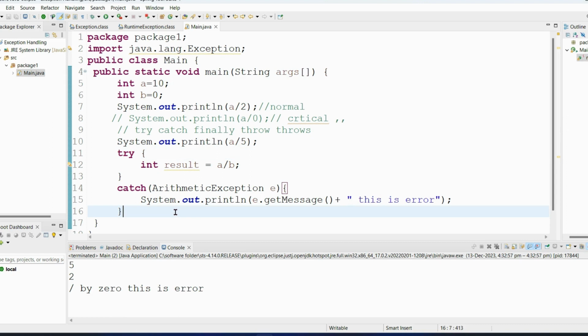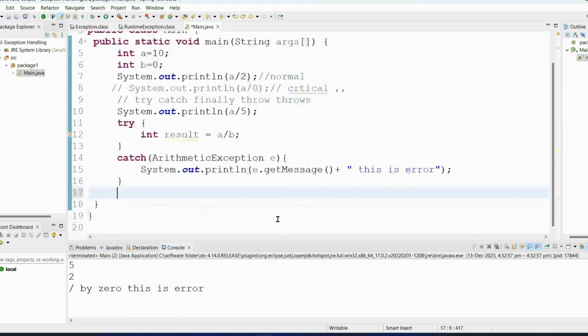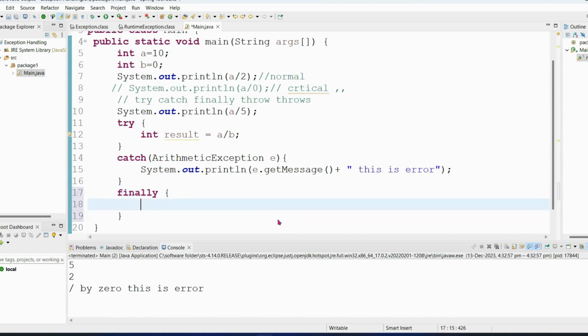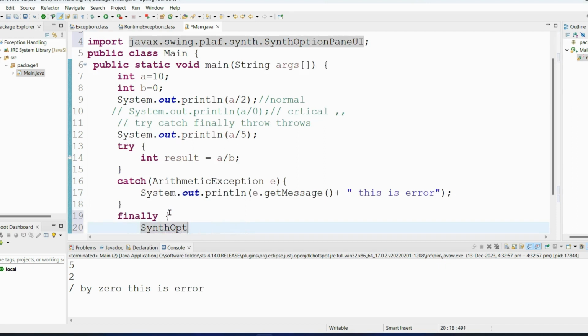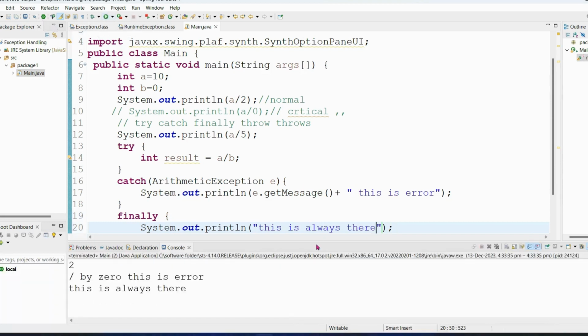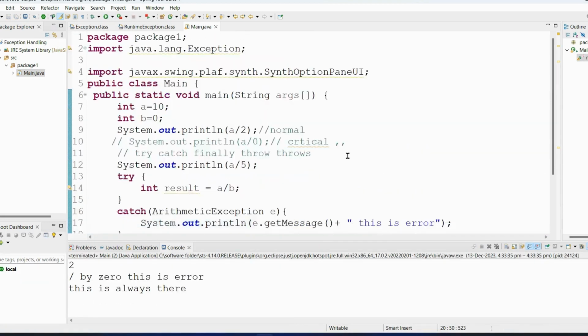So now try can be followed by many catch blocks, and there is one more thing called finally. So irrespective of whether we are running try or catch, we can run finally, like a default one, this is always there. So there is one more thing called